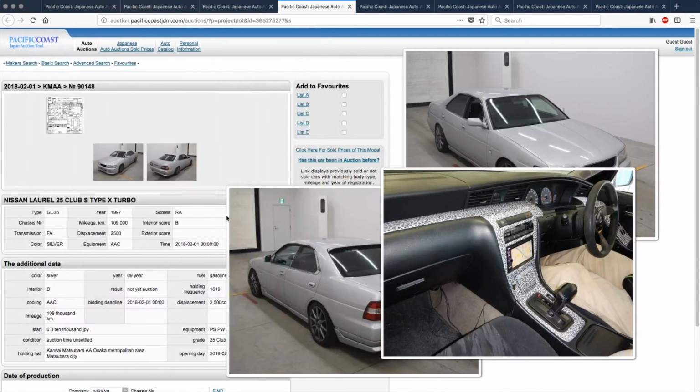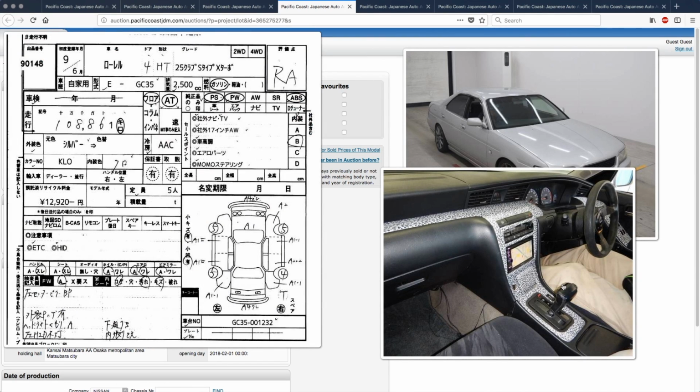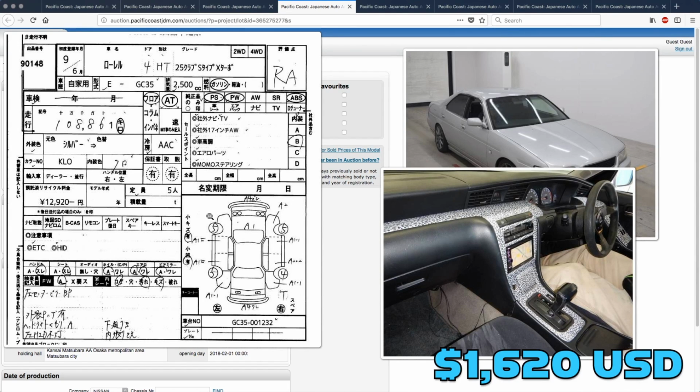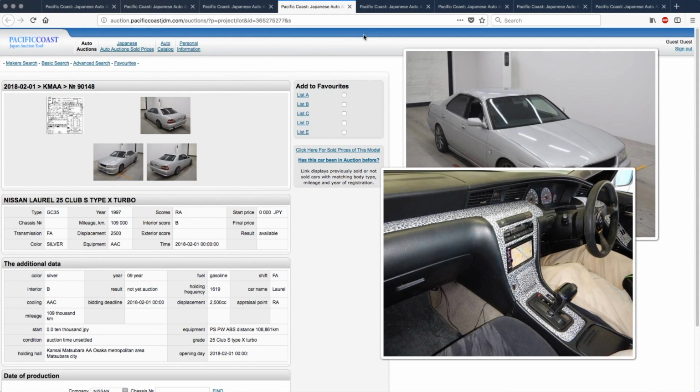Okay, price-wise, we got a starting price here of 0 yen, and it's an automatic, and it has a disgusting dashboard, which you could peel off, but still, maybe it's not, yeah. Price-wise, I'm going to go with 180,000 yen. Okay, on to the next one. We have